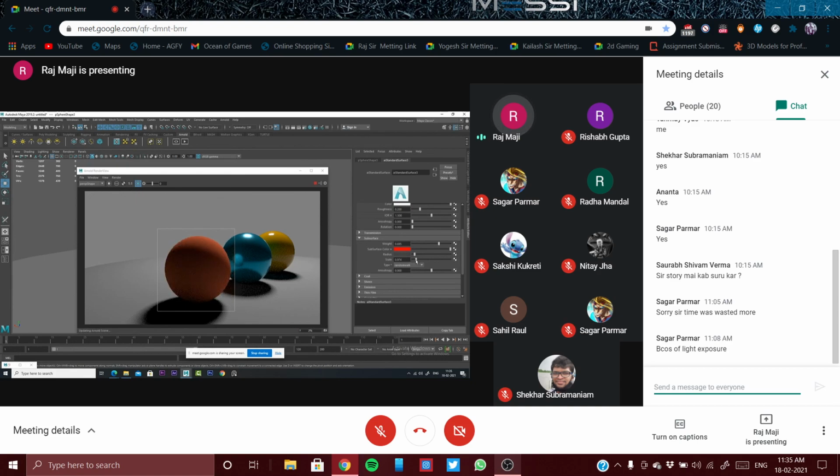And similarly the scaling also, so scaling will depend on how much scaling you need. So radius basically is the focus of it, like small radius or big radius. So radius I have decreased because this is a very small object, and the scale is how much depth it will go, how much depth it will scatter.